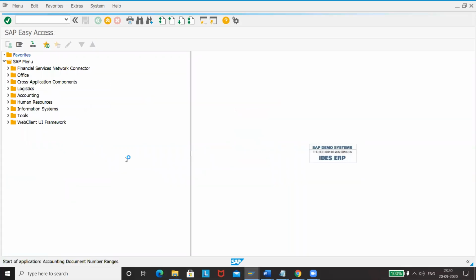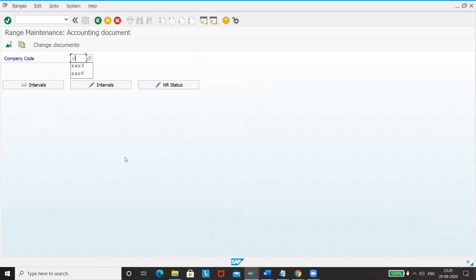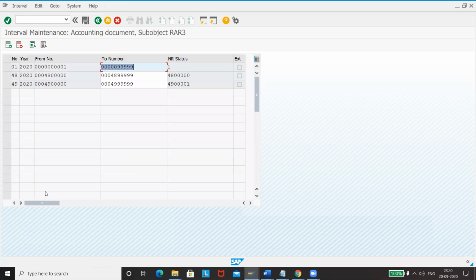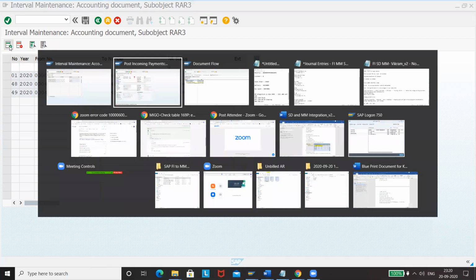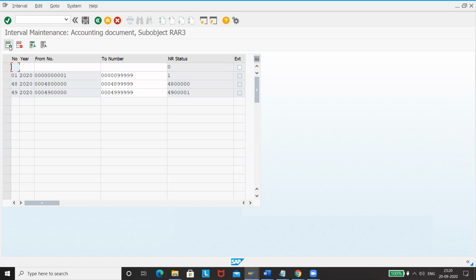FPN1, give RAR3 as your company code. So here 14 is a number, right? Yes, 14. Give 14. 2020 here. Yeah, it is here 14. Here also. Save.